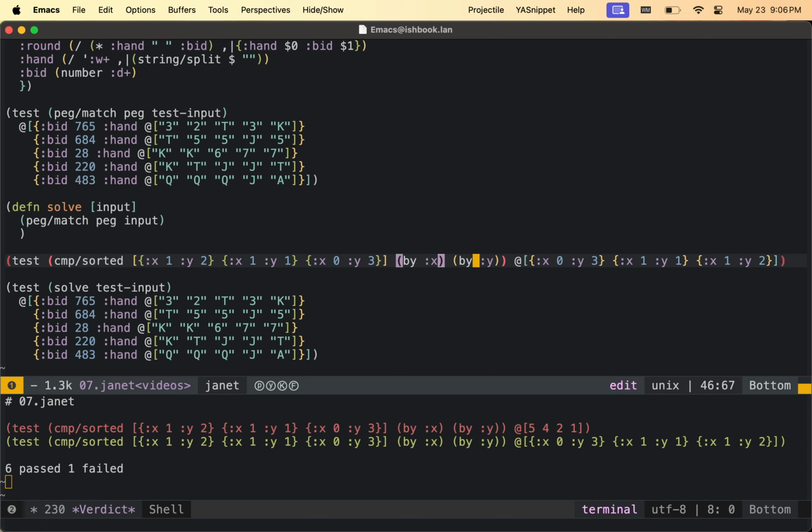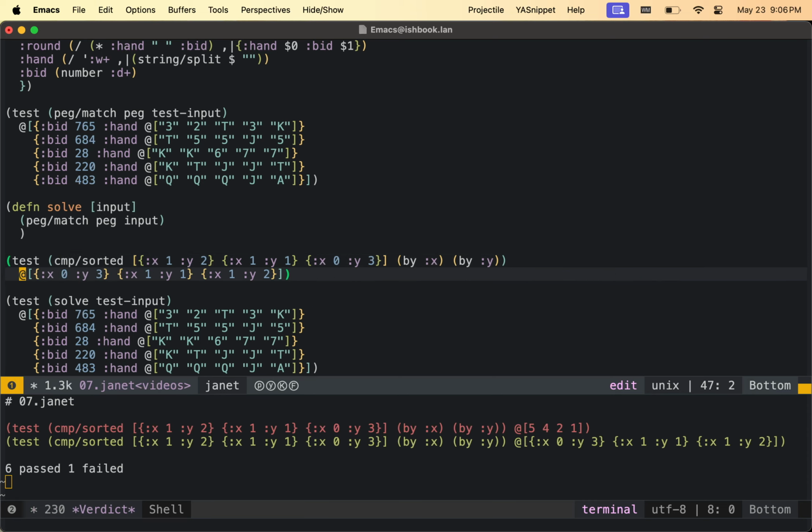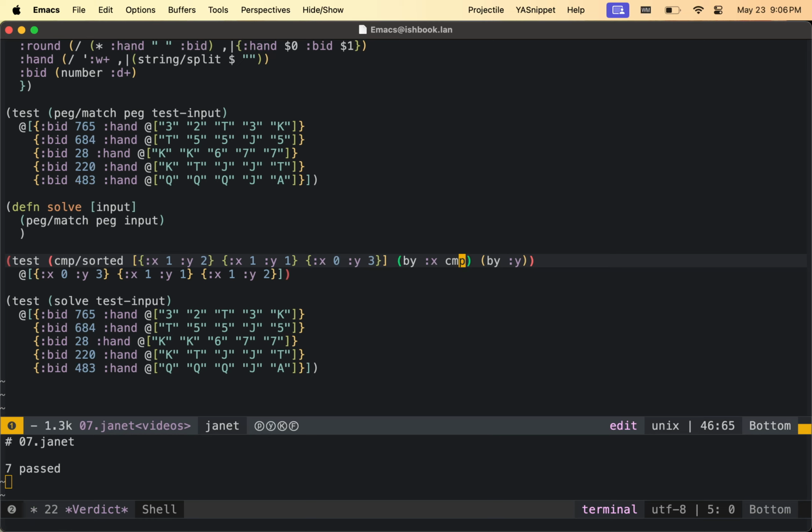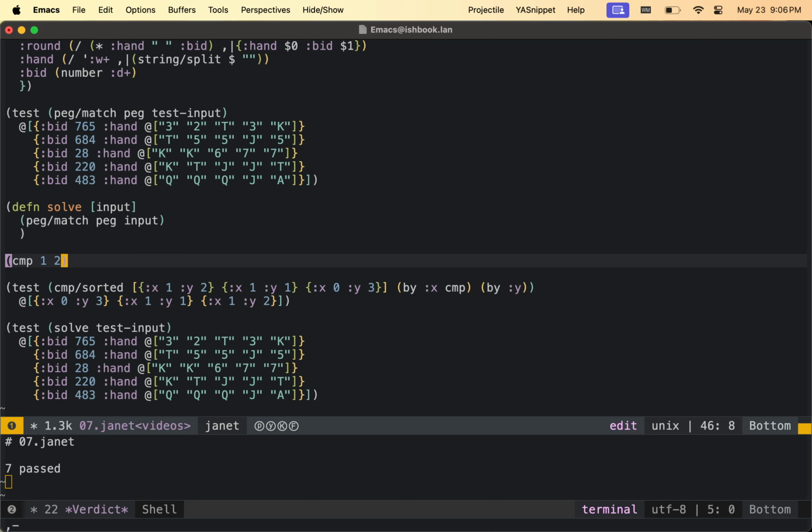So yeah, the output is a little bit long. I'm just gonna add a line break. So it sorted on the value of X, and then it broke ties with the value of Y. And what you can also do is, by takes an optional argument, which is once you find X, how do you compare X? How do you compare two X's to each other? And by default, this just uses the built-in Janet function comp, which the library is kind of named after,